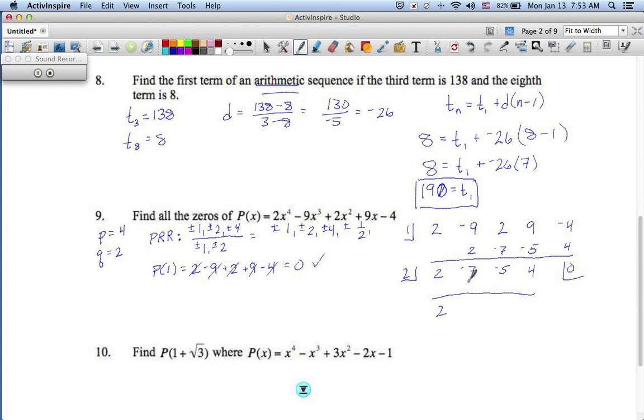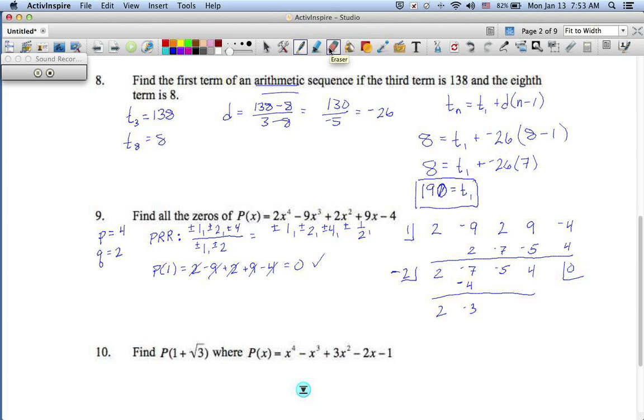So we have 2, 4, negative 3. That's going to give us a negative 6. So 2 is not working. How about a negative 2? Negative 11. That's going to be too big. So 2 and negative 2 are out. Let's shoot for